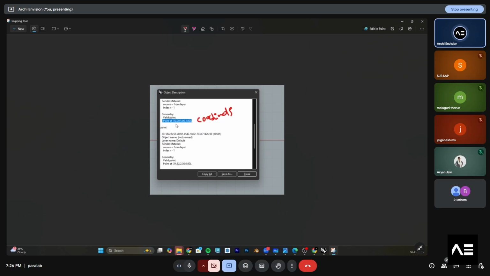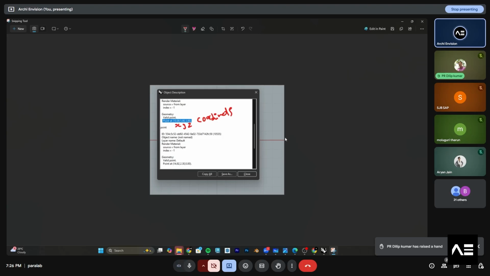So it will have x, y and z. It will say the perfect, exact coordinates of how it has been oriented.